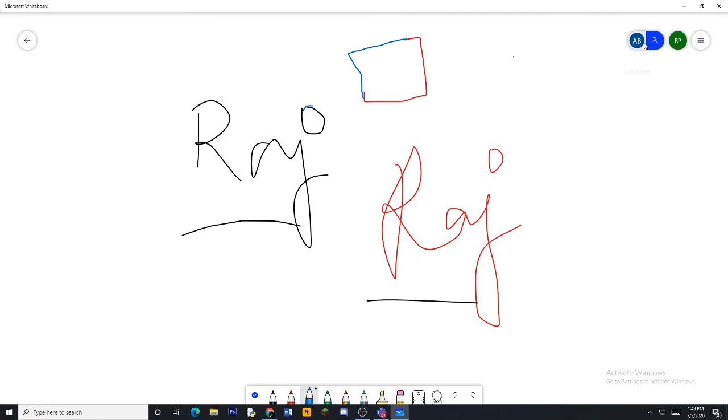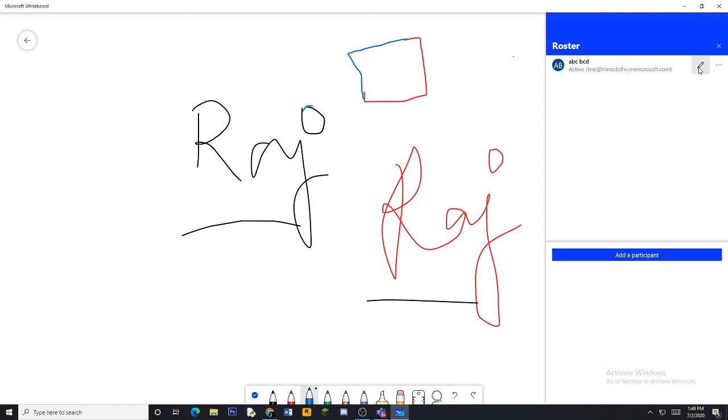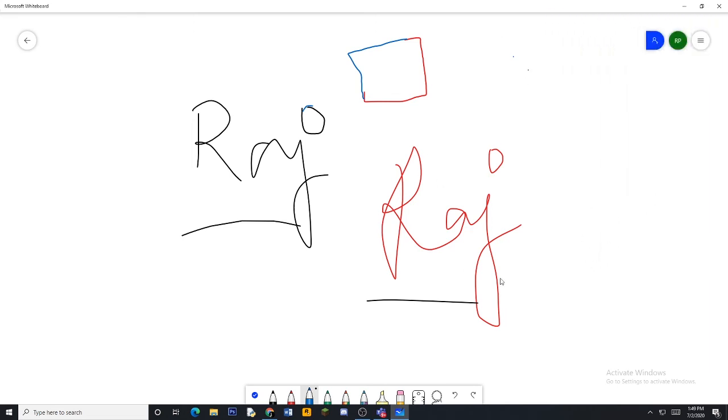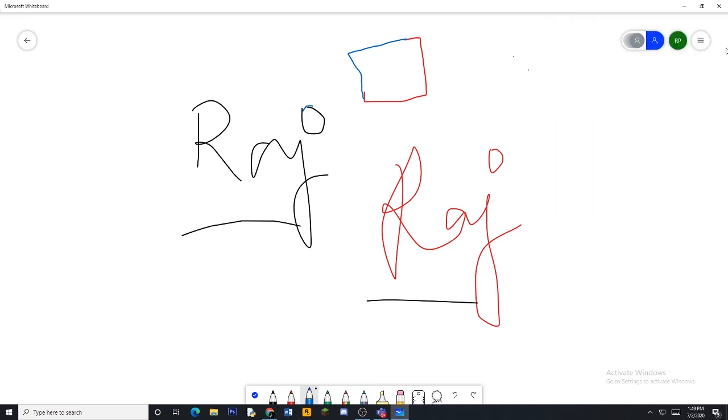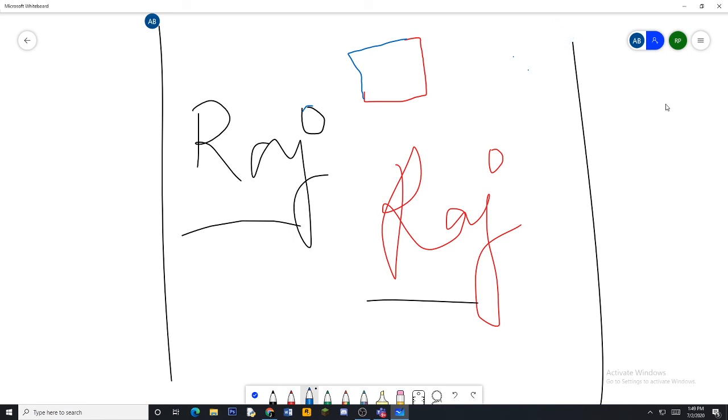So from here only you can control. Again I come to my view roster, I see my child, I say okay my dear, you have to be read only. Once he is read only, again the writing has gone, the child cannot write anything. Okay, please try. Student is not able. Again I go here and make it so the child can edit. Done, now the child can edit. So from the child's side, yes, see, the child can edit, fine.